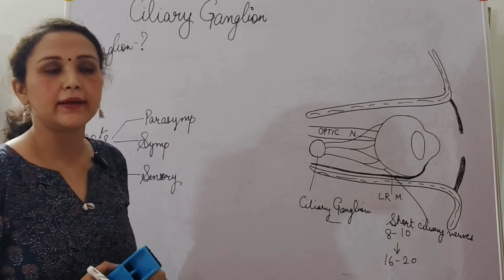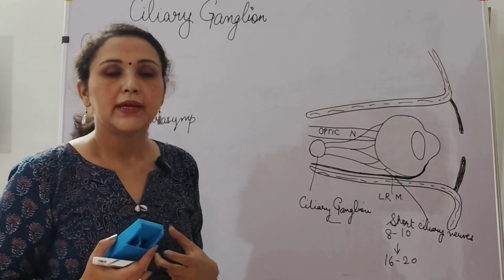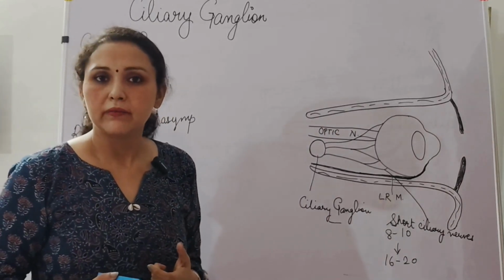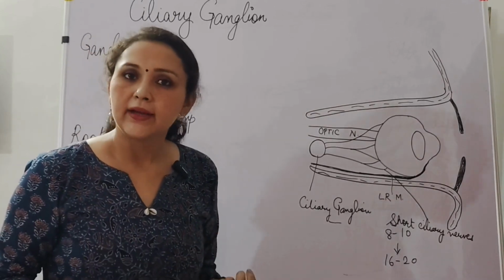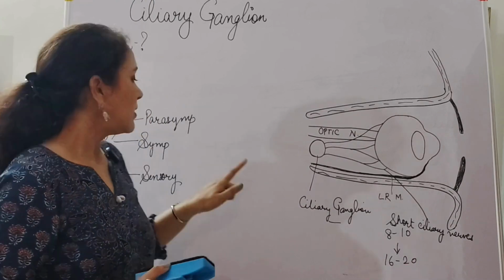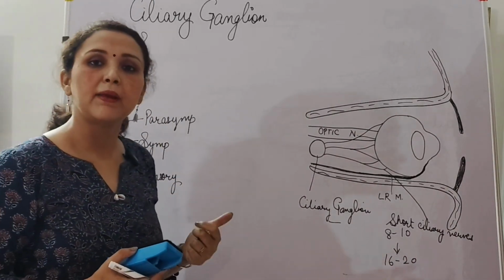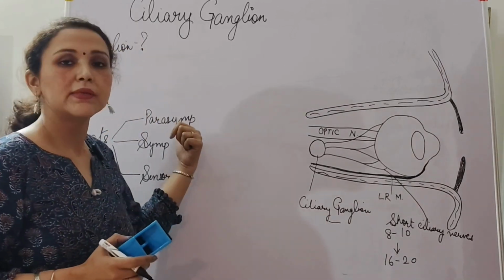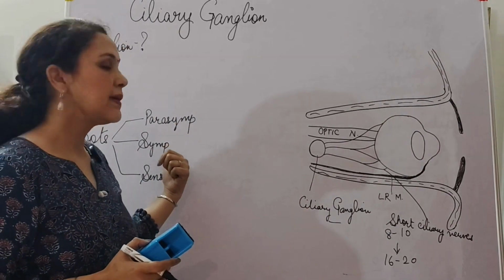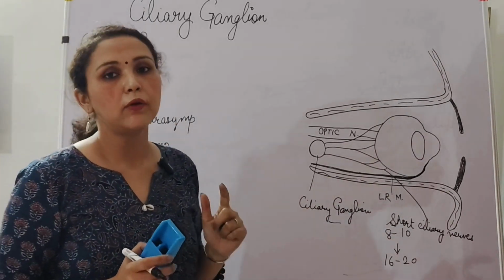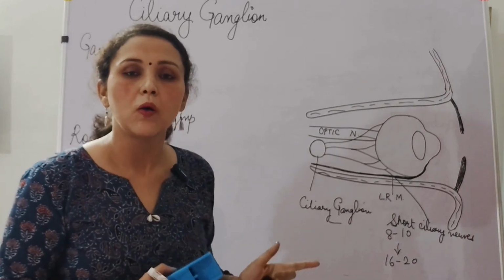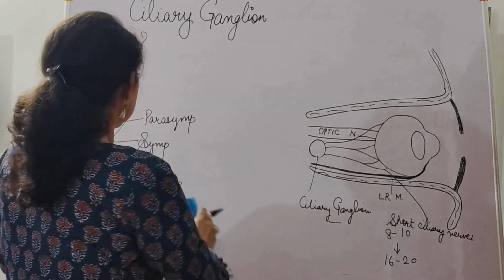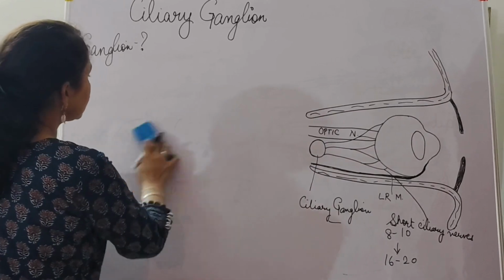Now coming to the sympathetic. Whenever you are excited, nervous, anxious, there is sympathetic overactivity and the pupil gets dilated. So this makes it very clear that the sympathetic root will supply dilator pupillae. So they are exactly opposite. Parasympathetic will supply the sphincter pupillae, sympathetic will supply the dilator pupillae, and always remember sympathetic root will go along the vessels and it will also supply the vessels of the orbit. So now we can start drawing these roots,